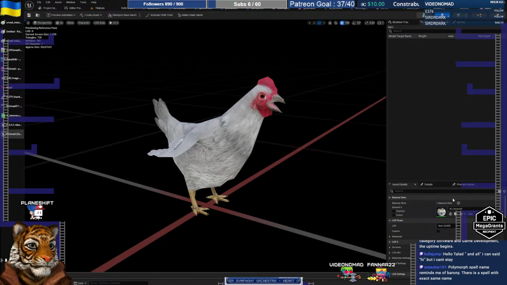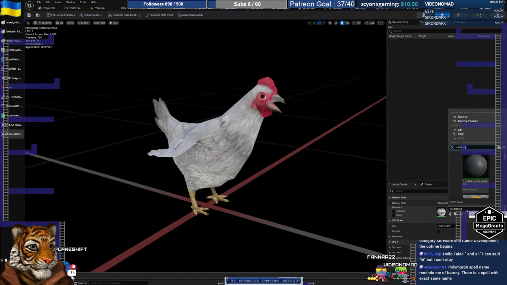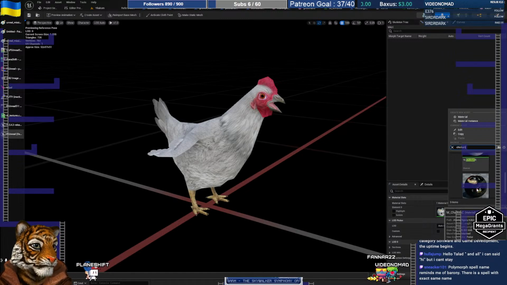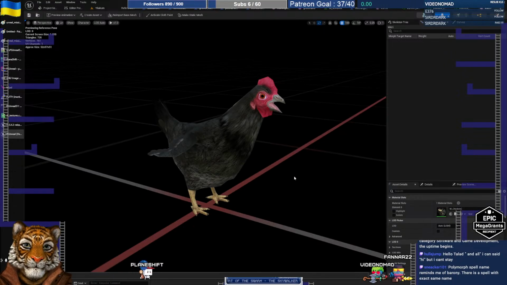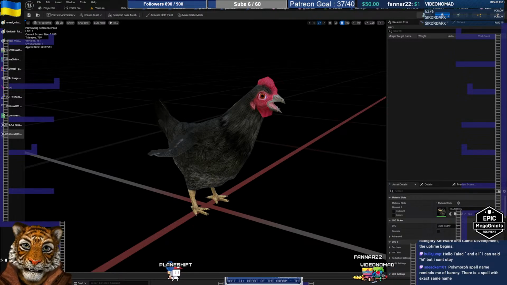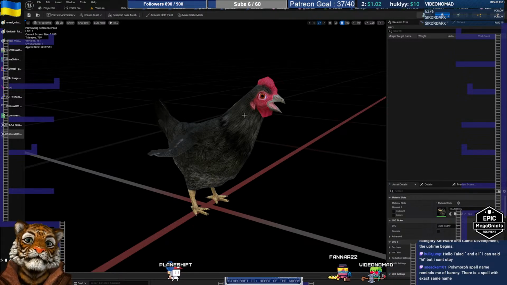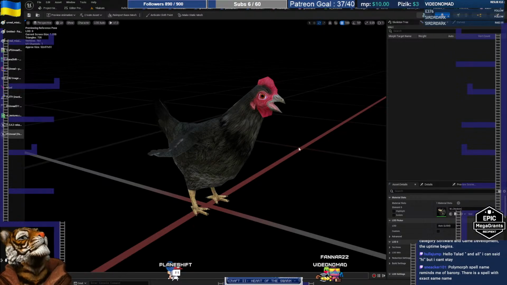We have this chicken. And we have this chicken. Oh, wow. We never used them. I think it would be nice to randomize when he spawns, but that's